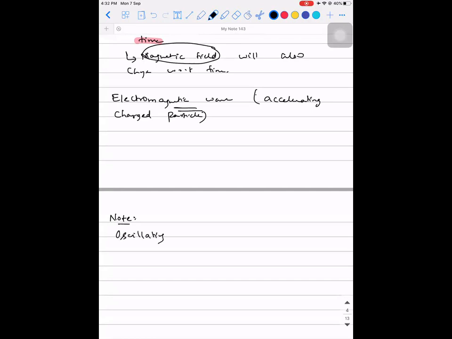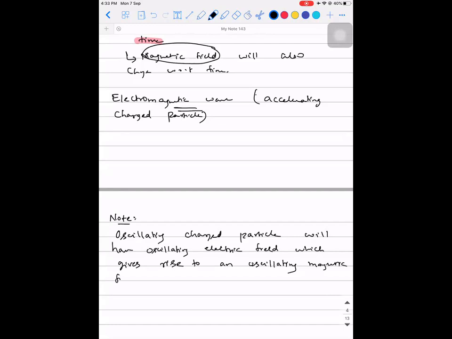Oscillating charged particle will have oscillating electric field, which gives rise to an oscillating magnetic field. Okay, so what I mean by oscillating is nothing but the particle which is put into